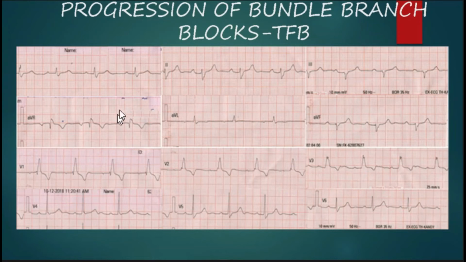Then if you analyze lead 1 and lead V6, you can see slurred S waves together with an RS ratio in V6 that is more than 1. So that means there is complete right bundle branch block. In addition to that, what is the cardiac axis? There is negative polarity in lead 2 together with a leave-in pattern in lead 1 and lead 3. Therefore, there is left axis deviation.